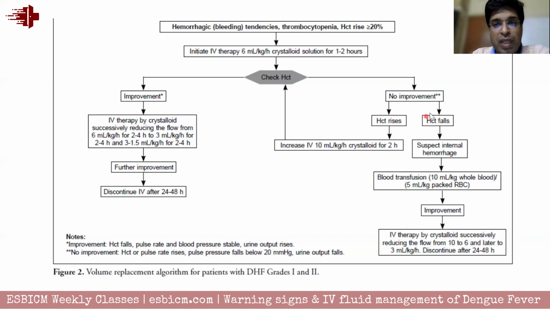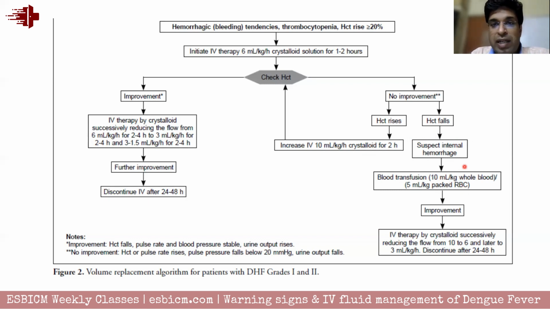Hydration is very important. The same point is discussed here. Only thing is hematocrit is not improving. So you have to think, either we are giving less quantity of fluid, so you should start with 10 ml per kg. So if a 70 kg patient comes, you should give 700 ml per hour. You can also give 700 to 800 ml per hour for a few hours, and then reduce drastically. Now, if your hematocrit falls very fast, that means the patient is losing blood also. So you should look for signs of bleeding and should transfuse the blood accordingly. So that is the practical calculation.